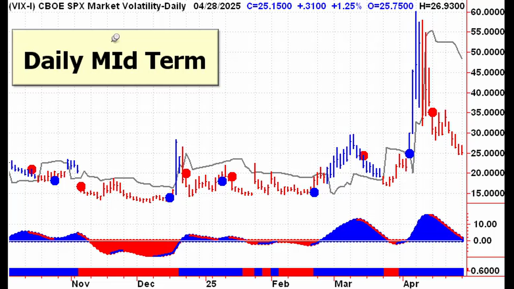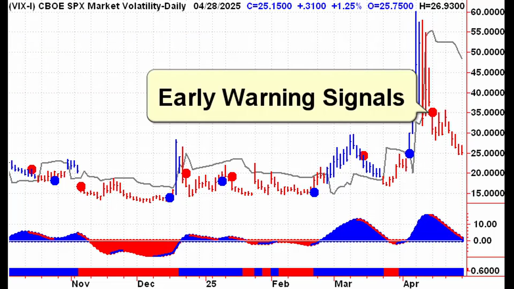For the most part, this chart is going to be bullish on all the major indices except one major indicator. So when we look at this chart, what we're looking for is a breakout above the tether line gives us a buy signal. A breakdown below the tether line gives us a sell signal. We also have some early warning signals here, and they can be helpful for adding and subtracting from a position.